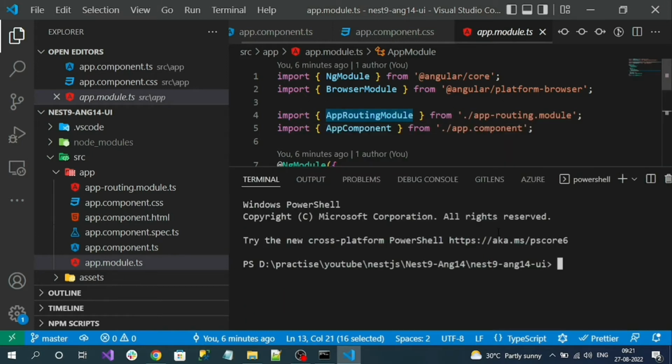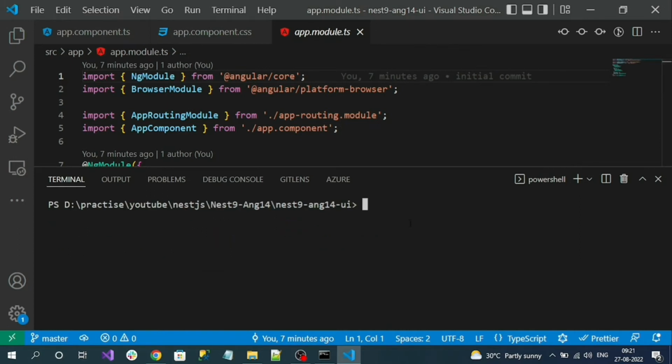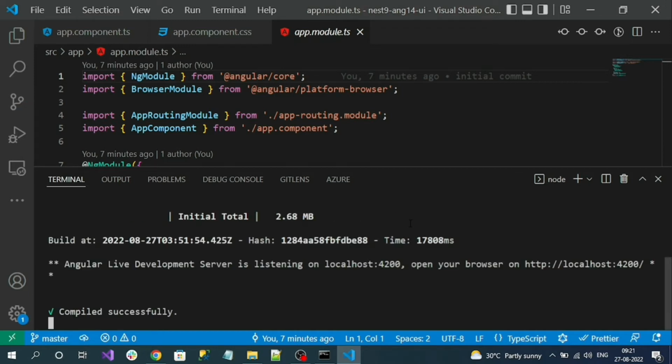Okay, open terminal. Now the command is ng serve. So ng serve will internally start the localhost and run our Angular application within that localhost. Our Angular application runs at port number 4200. The application build is successful, and here you can see some console output. Angular development server is listening at localhost port number, open http://localhost:4200 in the browser. Okay, copy this